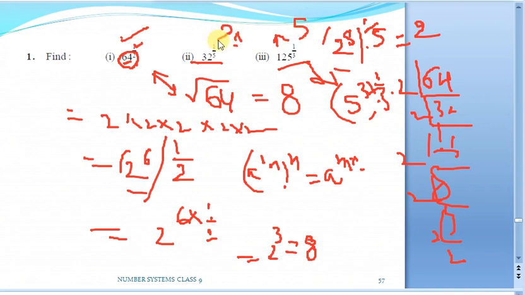So do it elaborately by using the laws and all. When you are doing this, we have to use these exponential laws on the side, since we have to write the statements and explain it. That's why I'm writing it as rough. So the answer for this one is going to be 8, this one is going to be 2 and this one is going to be 5.